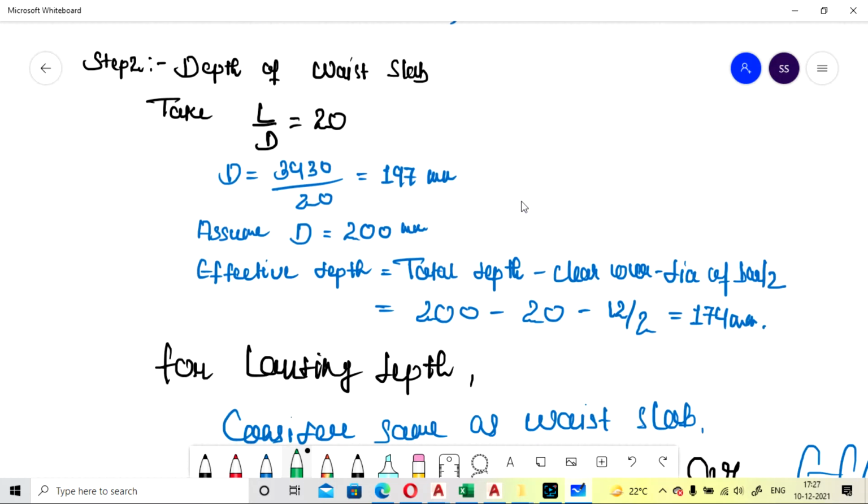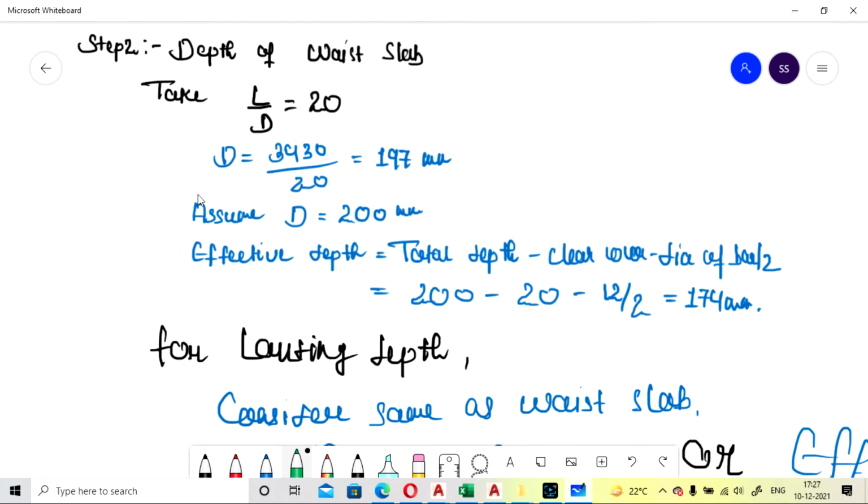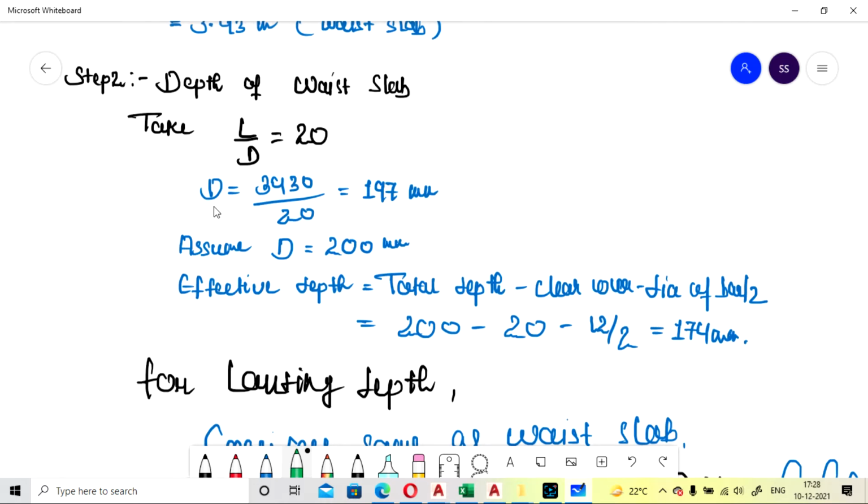Now if you assume the total depth, you can take the small d also, because it is effective length and effective depth, but for the slab condition where load is varying, you can go with the capital D also, so that your slab will be designed in less thickness.